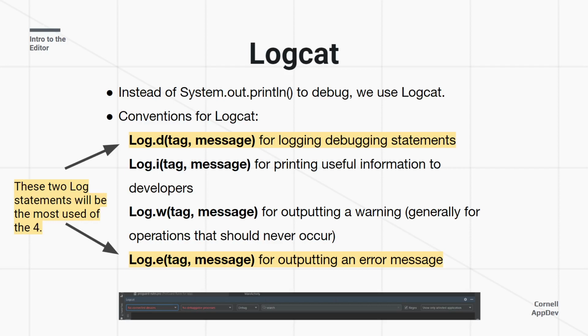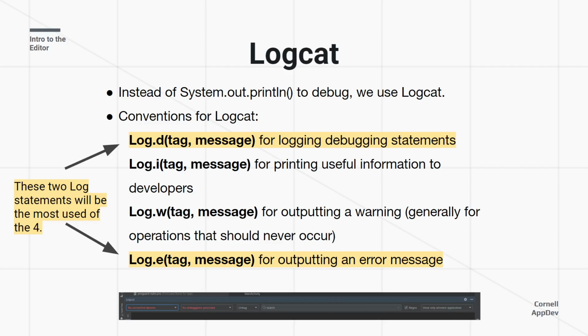For debugging, we use logcat. Whenever in Java you would use system.out.println to debug, we will instead use logcat, specifically the Log.d, i, w, and e functions. Each of these functions takes in a tag and a message. So the tag is